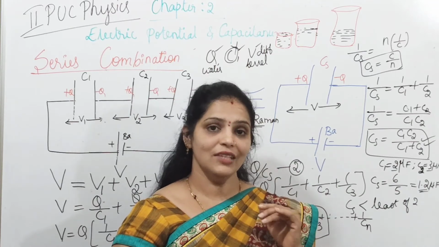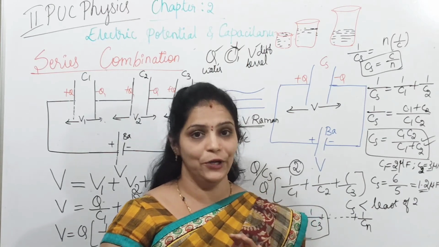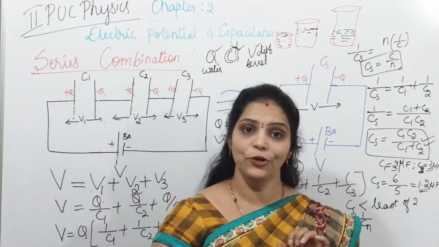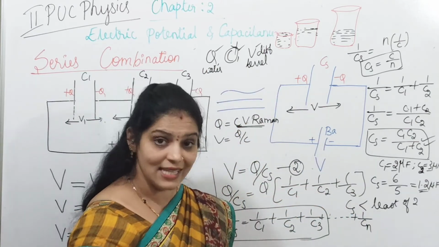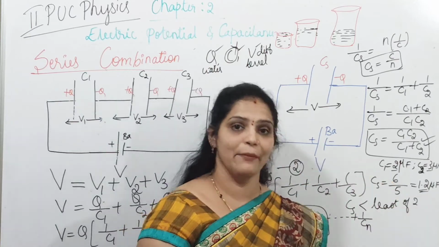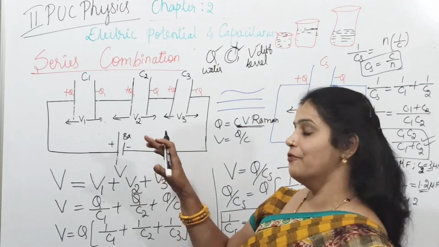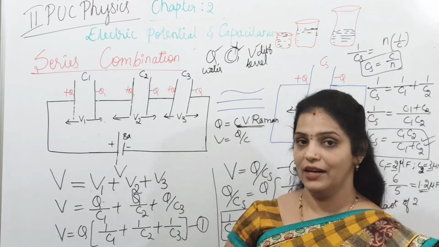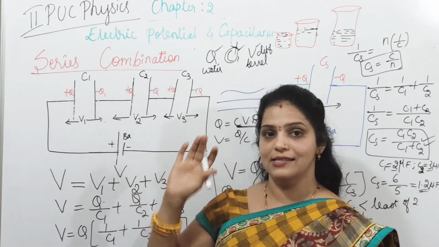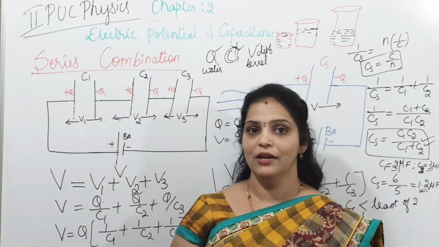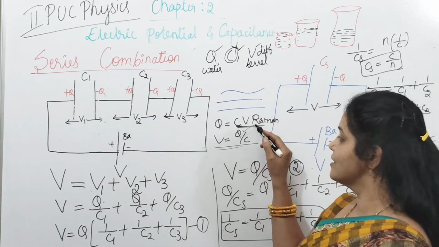Like this, when 2 or more than 2 capacitors are combined in series, that is end to end, its capacity value decreases. Capacitance of the series combination is less than least of given capacitor. Is it clear, students? And here Q is same, V is different. This is a very, very important concept you have to remember. Q is same when capacitors are in series, charge will be same. While solving numericals, you are using this concept, charge is same.